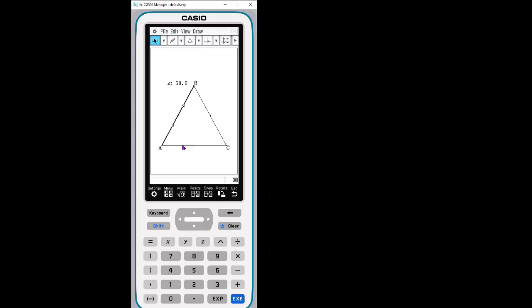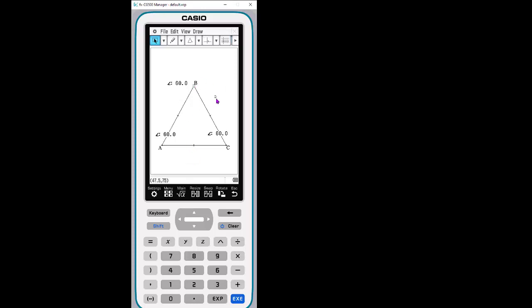Let's quickly measure the rest of them. I always want to make sure I click on a white spot, then select what I need, go to Measurement, Angle, and there's my second measure. I am going to show you how to change the labels on those, but we'll leave them where they are right now for time's sake. And measure angle. Now we have all three angles. Students might say, oh, that's interesting. In this particular example, they're all the same. Is that always true? This is where the dynamic capabilities come in.